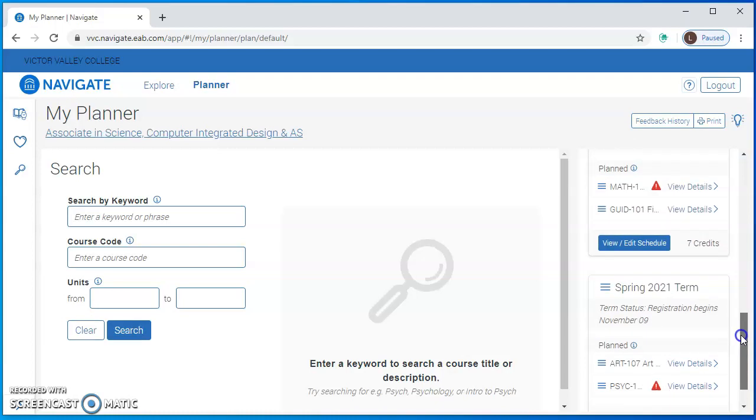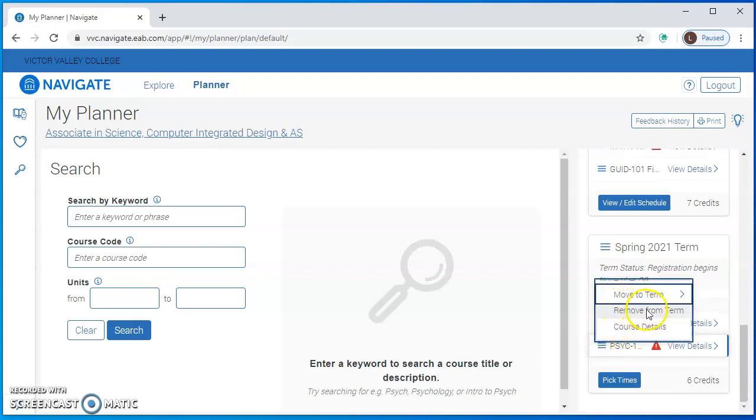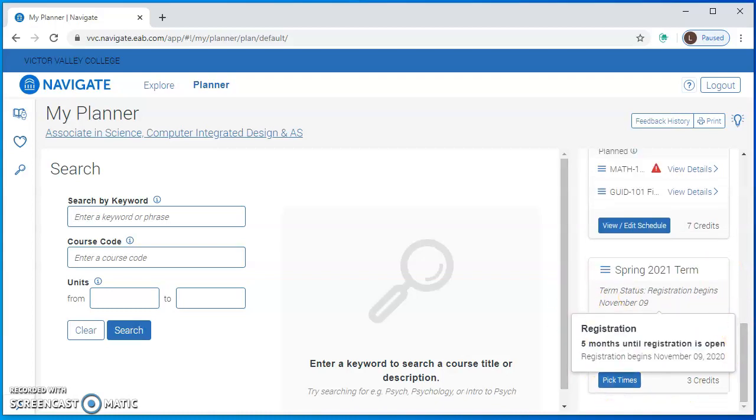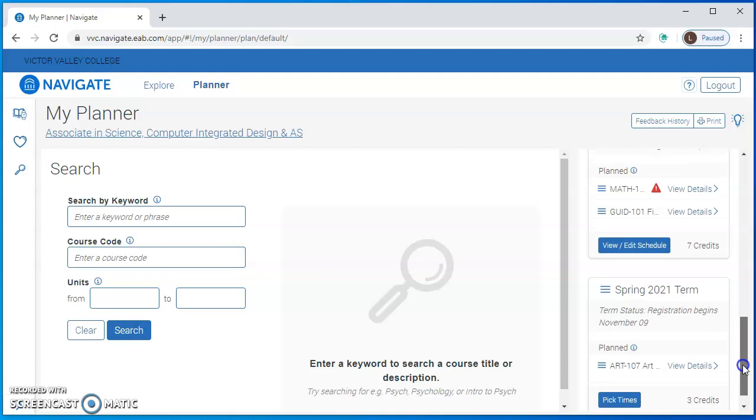Or you might decide there's a class on my plan and I just found out I don't need it after all, or I don't want to take it after all. You can also remove a course from your plan by clicking on the hamburger menu and then remove it altogether, and then it will go away. It will be gone from your plan. The classes that are planned, those are the ones that you can scoot around or add or